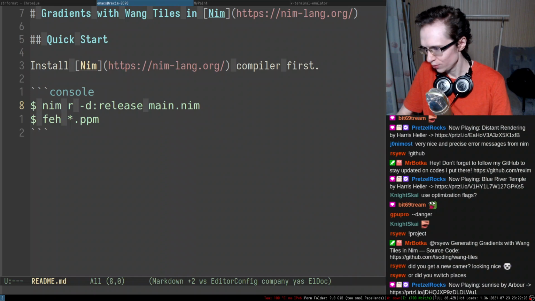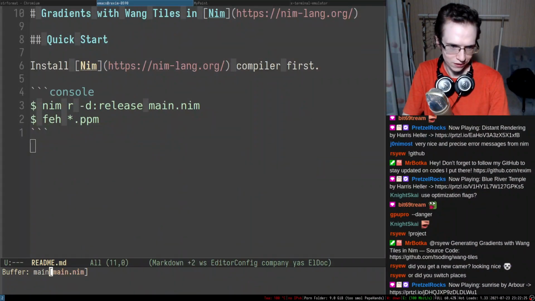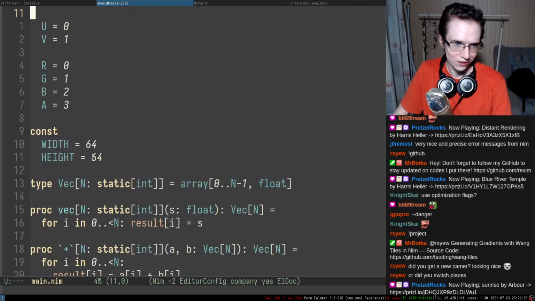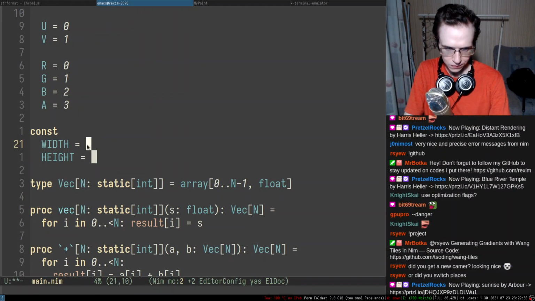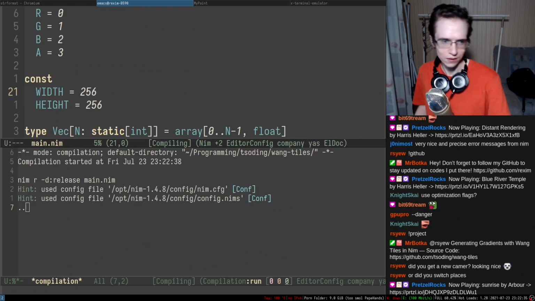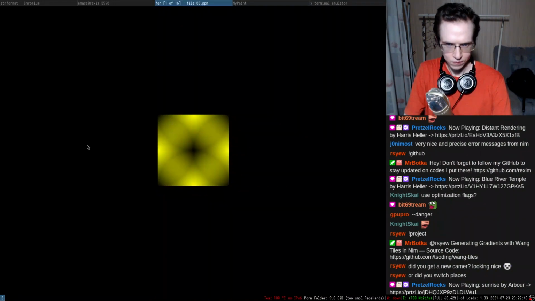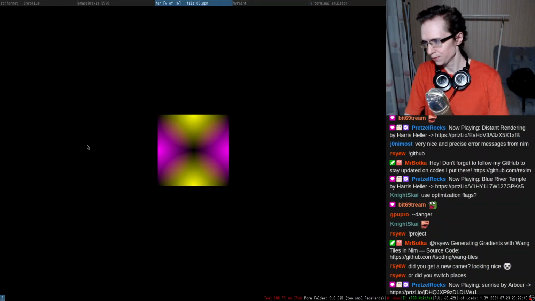All right, so this is what we managed to implement today. We implemented a simple Wang tile set generator. 256. And let's take a look at these Wang tiles one more time. So here are all of the Wang tiles.